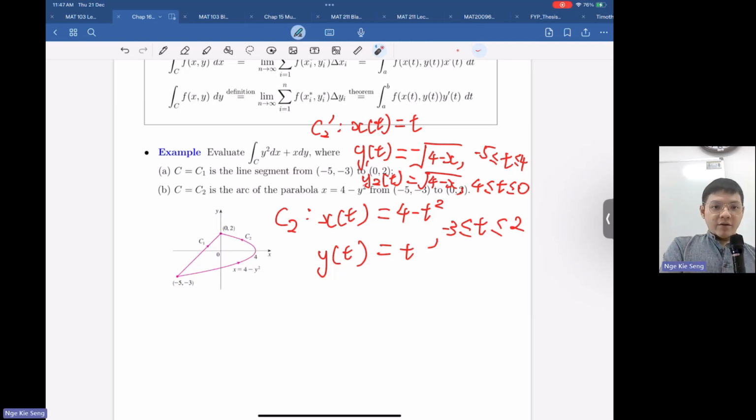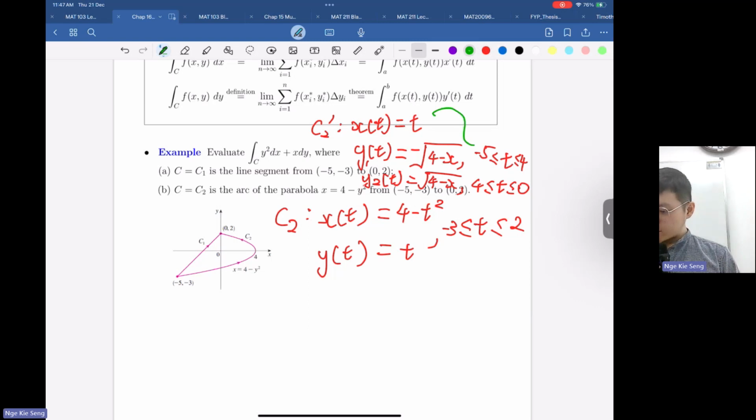All right, so you just use this and then you integrate. So let's use the C2 instead of C2 prime. You can try this again. Try this line integral. You should get the same answer. Let's try this line integral here. So if we try the Larry one, we should start with